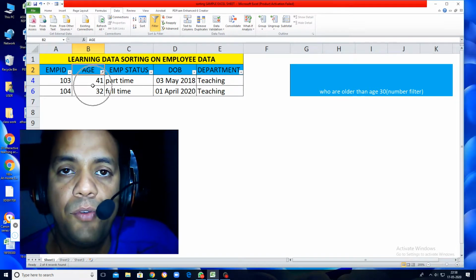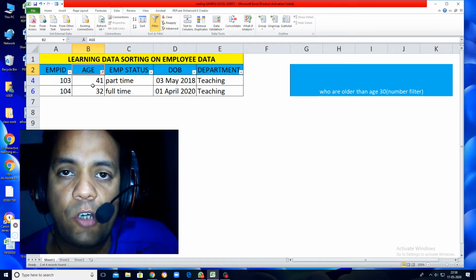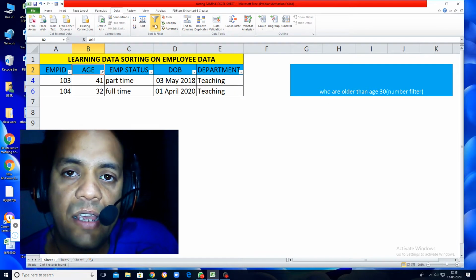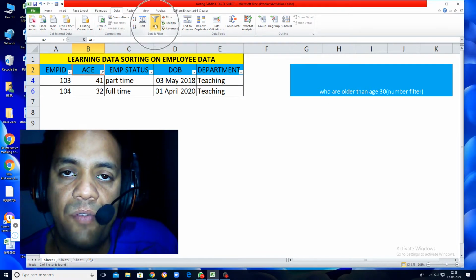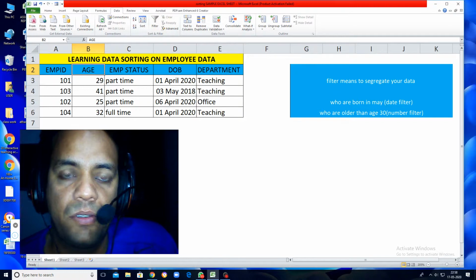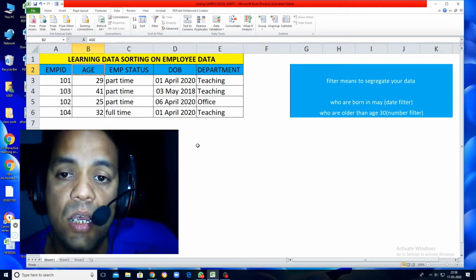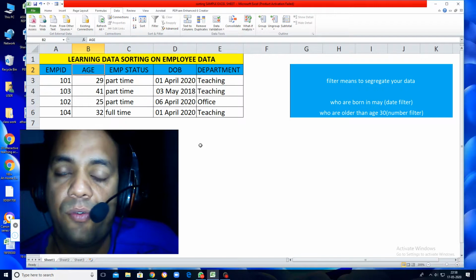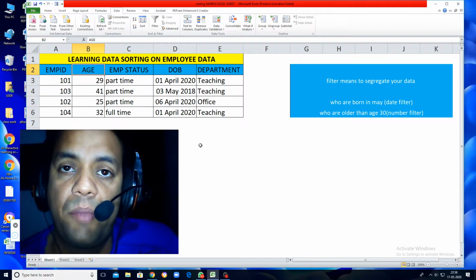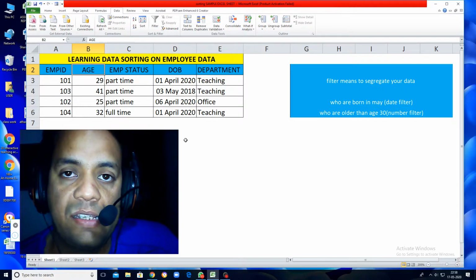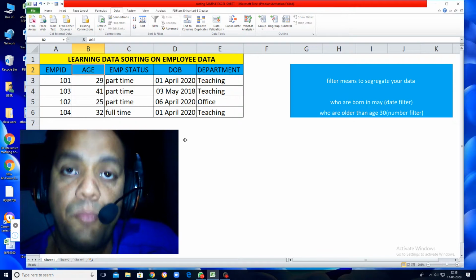So only those employees' records are appearing now who are more than 30. If you want to see your original data back, click again on the filter icon and the filter will be disabled. Your original data has come back. Now, the second way of number filter is working with Between.